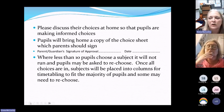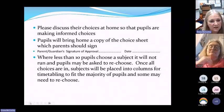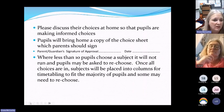Please make sure that the pupils are making informed choices. They really shouldn't be choosing a subject because their pal's doing that one. They can use their My World of Work programme, that they've looked at in PSE. They can be thinking, I'm quite interested in this type of job, I think I would do these, and do a bit of research into what's needed for these. But to be fair, lots of pupils in second year do not have a clue what they want to do when they leave school. So making as broad a choice as possible is the best advice that I can give,